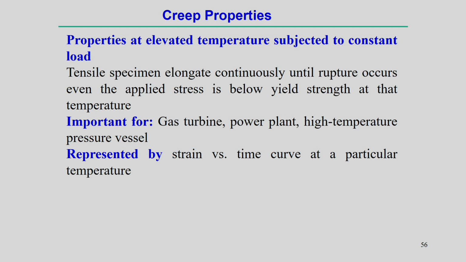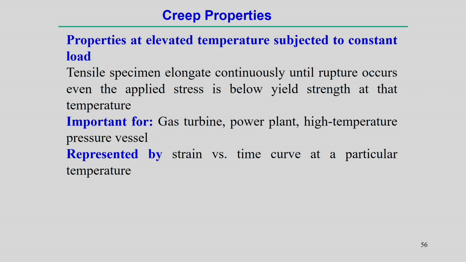So at a particular temperature, when you apply some constant load, the tensile specimen actually elongates, and we try to measure this elongation until rupture occurs. Of course, this failure also happens below the yield strength value of the material. So creep properties are more significant for the design of a material process, mainly applicable for gas turbine blades in power plants and high temperature pressure vessels, where evaluation of creep properties is very much